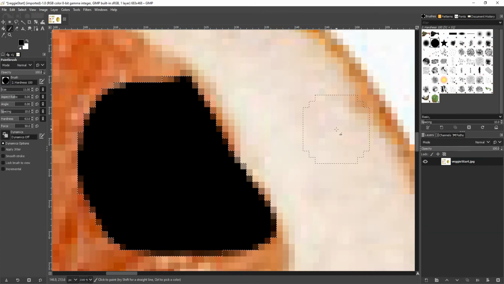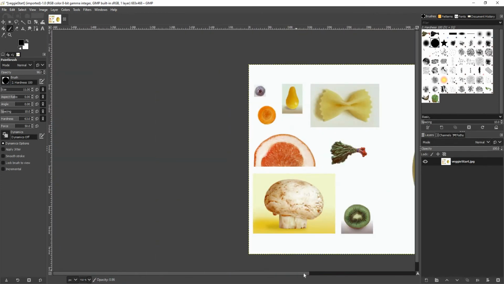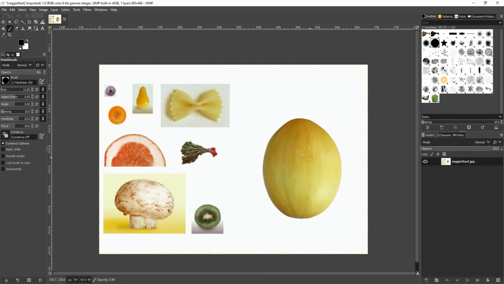unwanted modifications. So what we're going to do with this today is select parts of the image and copy and paste those pixels into this area over here, the melon on the right hand side, and we're going to be creating a face made out of some vegetables, some fruits, some different